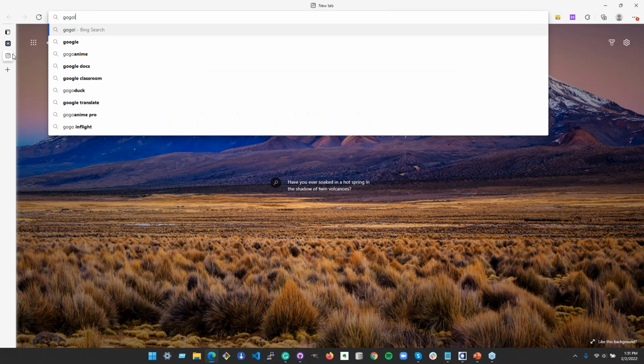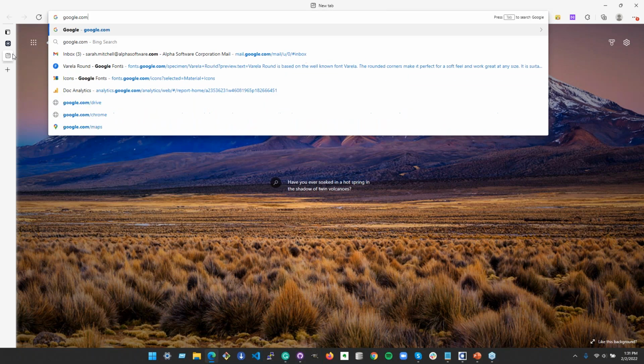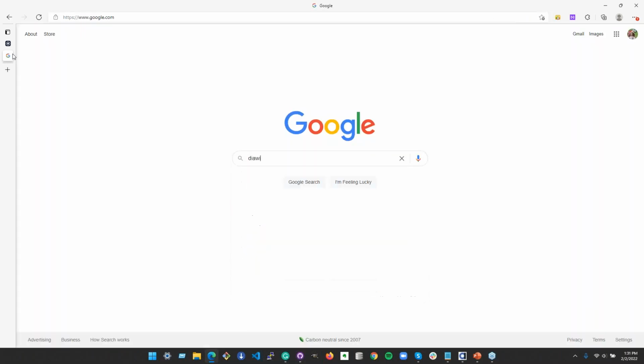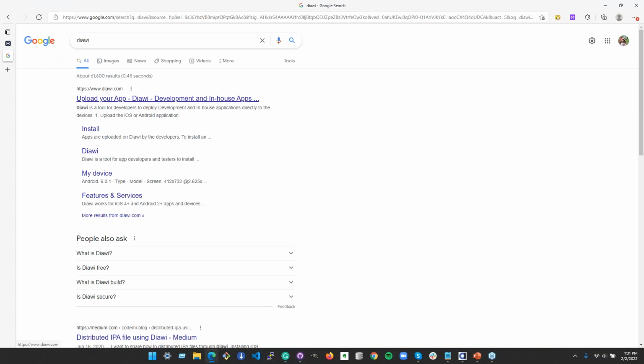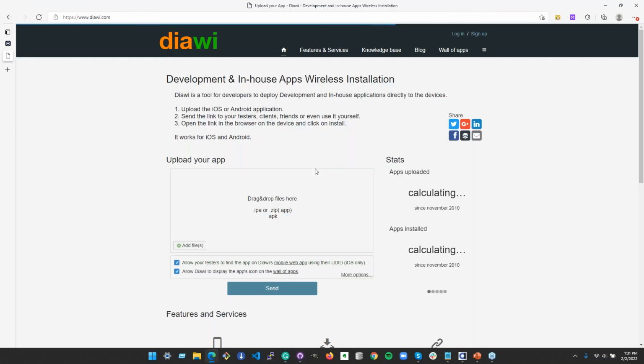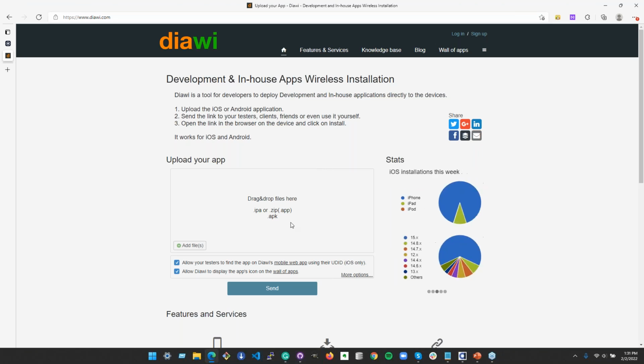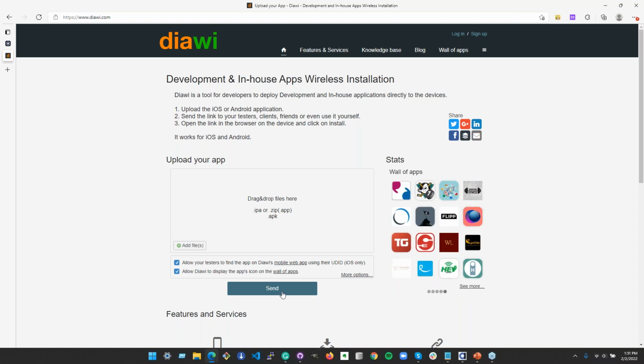Let's Google it. And I may have spelled it wrong on the slides. There we go. So the DIOE is a website where you can upload your IPA file, which you can download from the Ionic Appflow. When the build completes, that's one of the files you can download. You put it in here, you can send it out to people